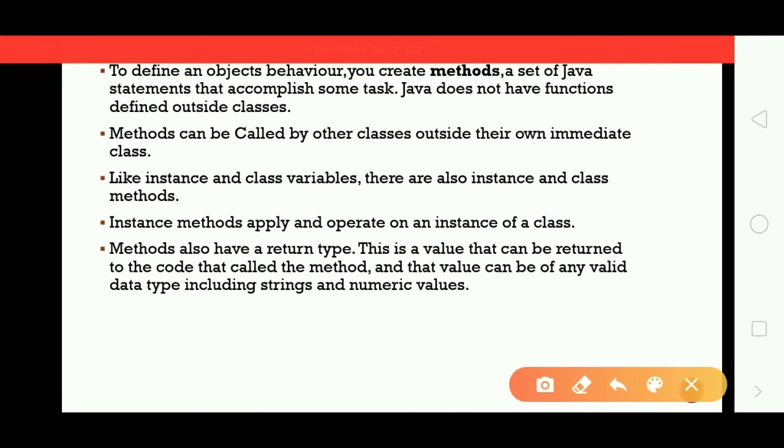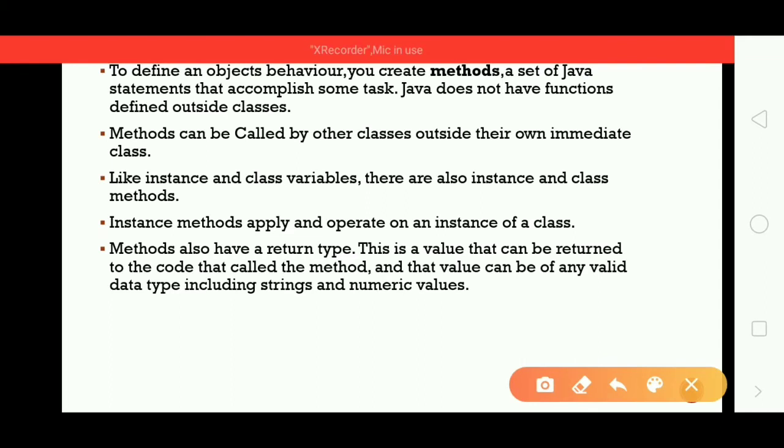If I have a method stop, inside the stop, I'm going to include the statements which are related to stop. Okay, that is what a method is. It is a set of Java statements that accomplish some task.